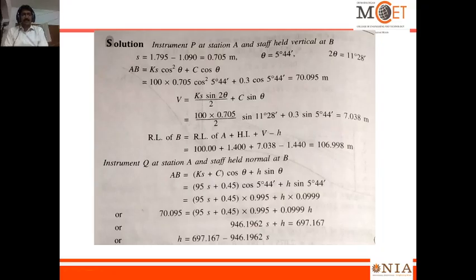From the second instrument, instrument Q at station A and the staff held normal at B, from this condition whether the distance is going to change? No. And the RL of the particular point going to change? No. These are the clue for determining the staff reading or the stadia reading when the staff is held normal, right? So when the staff is held normal,